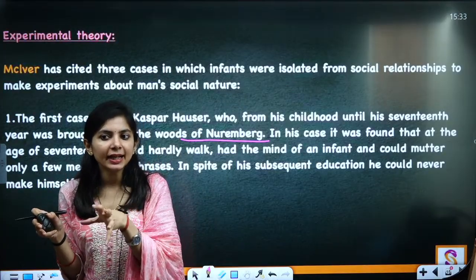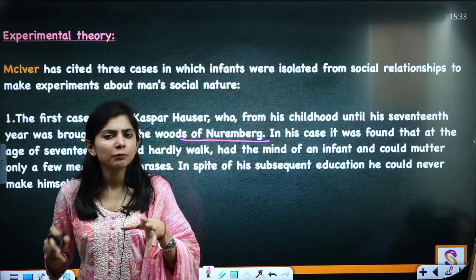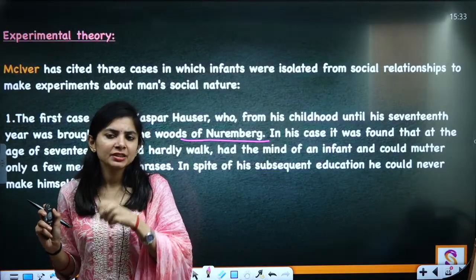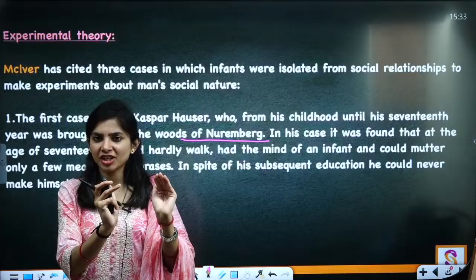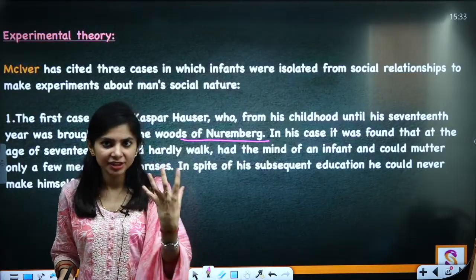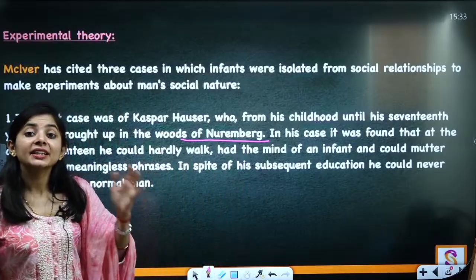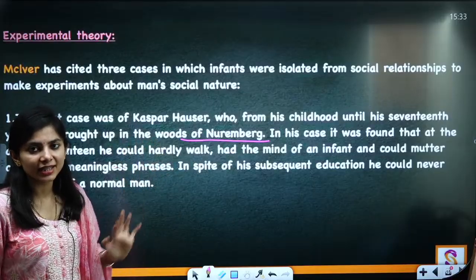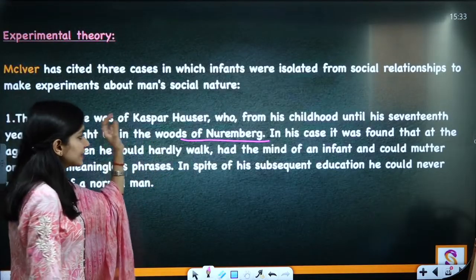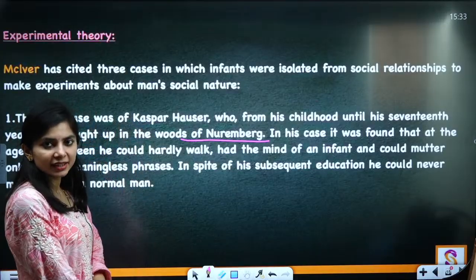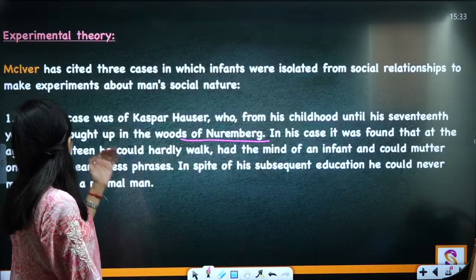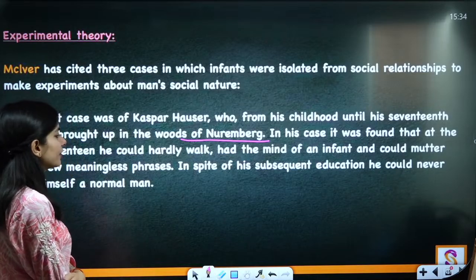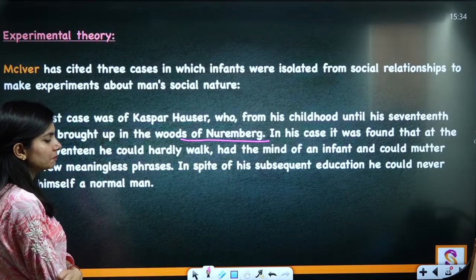We consider that quite possibly he is the real-life Mowgli. You must have watched that cartoon Mowgli, where a human child is taken care of by the animals in the jungle. We consider this because there are still mysterious theories related to Caspar Hauser. When he was discovered in the woods of Nuremberg at the age of 17, he was not able to walk,